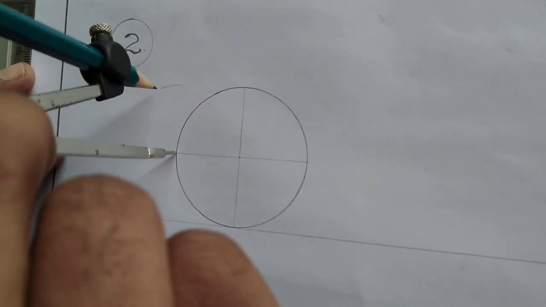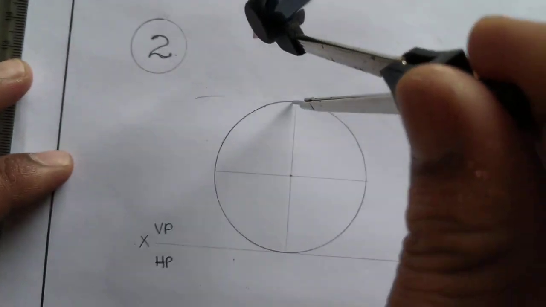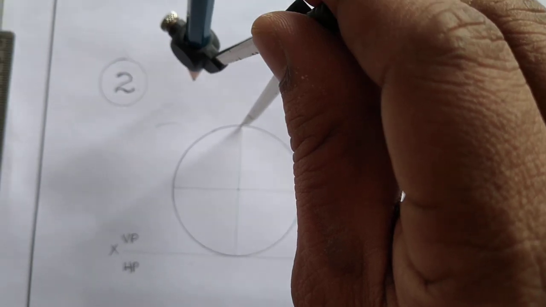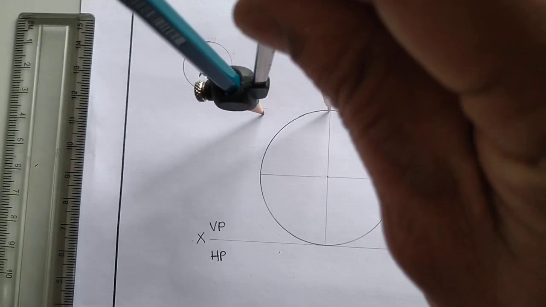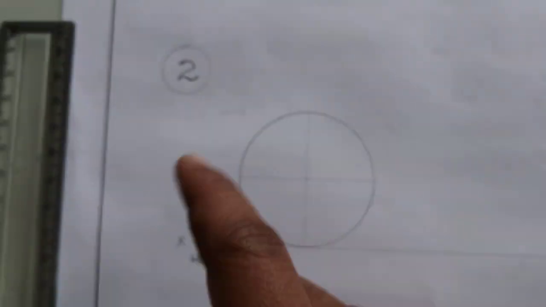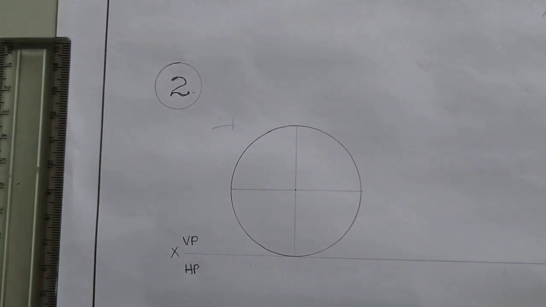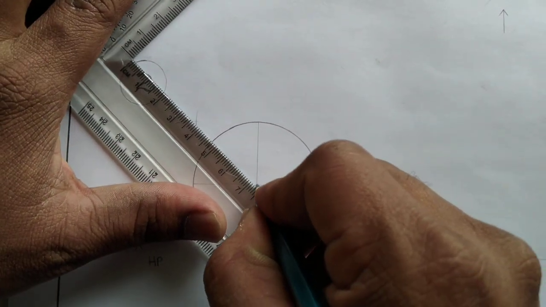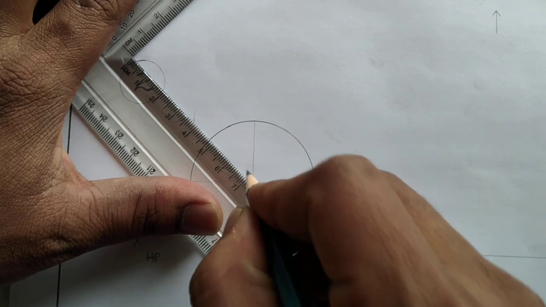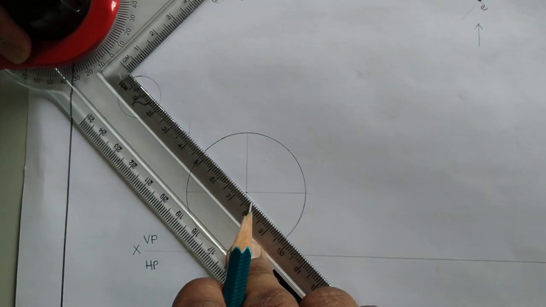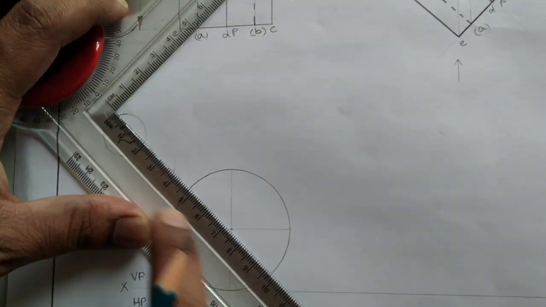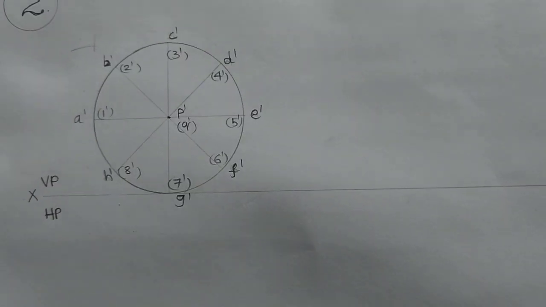This point is the center, draw an arc, and at the other end we can take this particular point as center. We can cut the previous arc, so that we will be getting a point. We can fix the drafter from this particular point to the intersection of two arcs. Here we can set the drafter in this way. And next step we can draw the line this way, and with the help of a shorter scale we can construct the line perpendicular to that one.